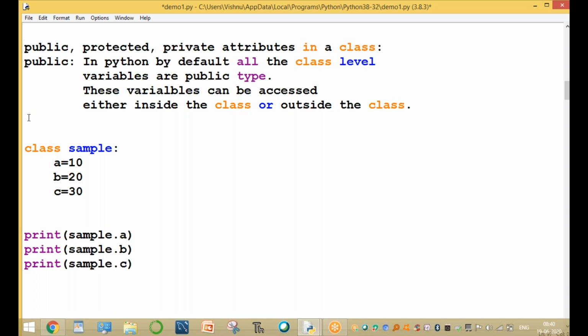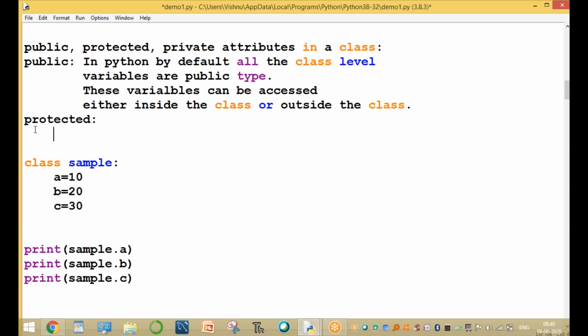Now, what is a protected variable? And the next question is, what is a private variable?